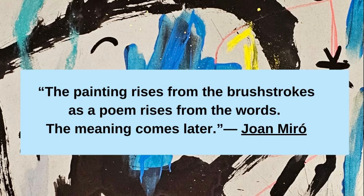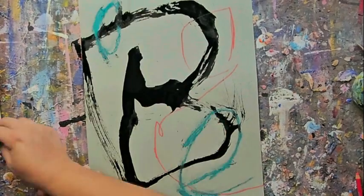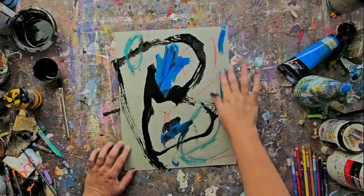So ridiculous. So Joan Miro has been quoted to say, "The painting rises from the brushstroke, the poem rises from the words, the meaning comes later." So what does that say about inspiration and creativity? It means that we're feeling into the imagination and the excitement and the energy of something, and then determining what it is after the fact. So in that regard, we're really having a playful, childlike nature, exploring wonder and the dream states, and moving into the experimentation of the expression, which is important for becoming a conduit for the idea,